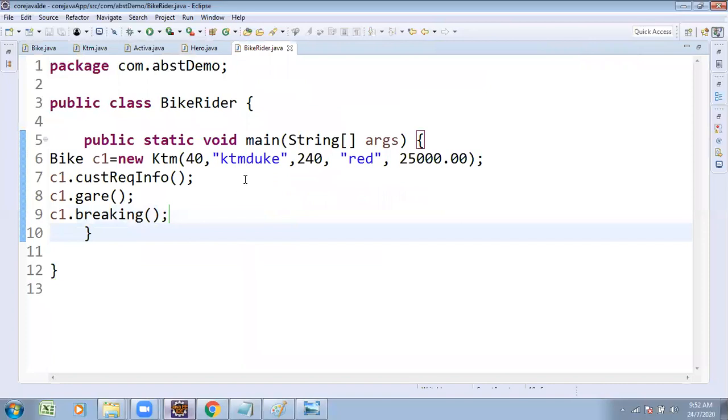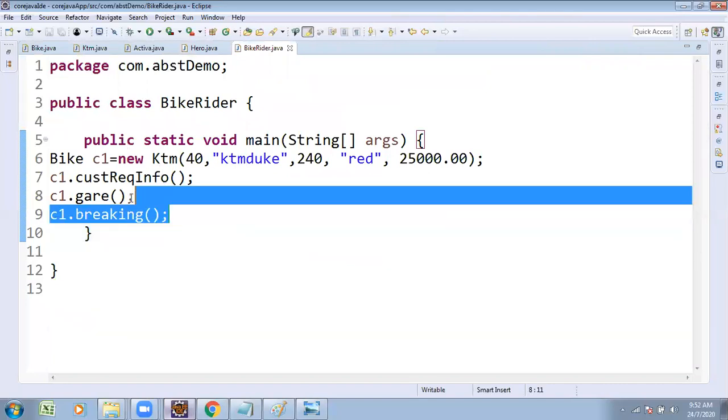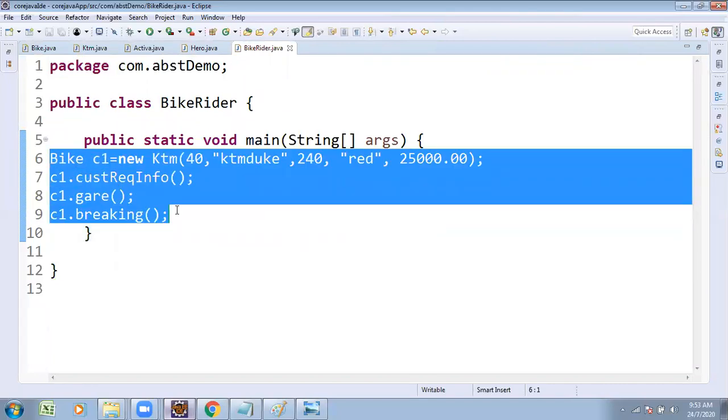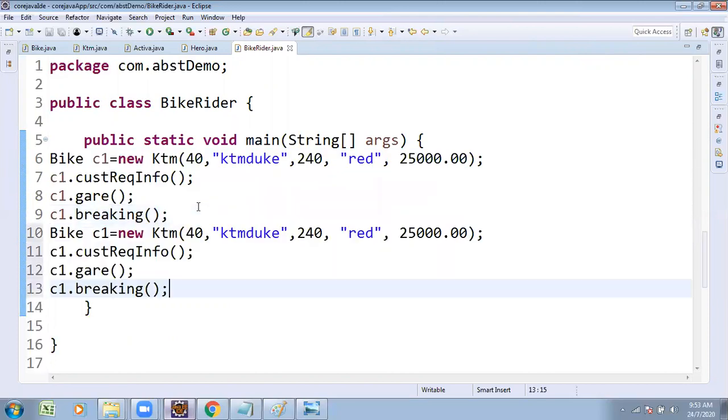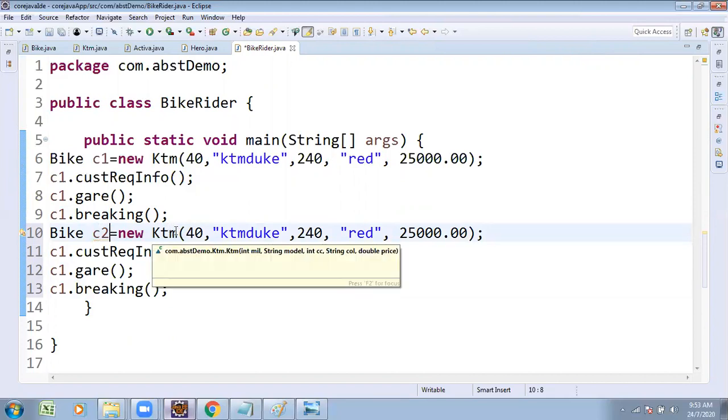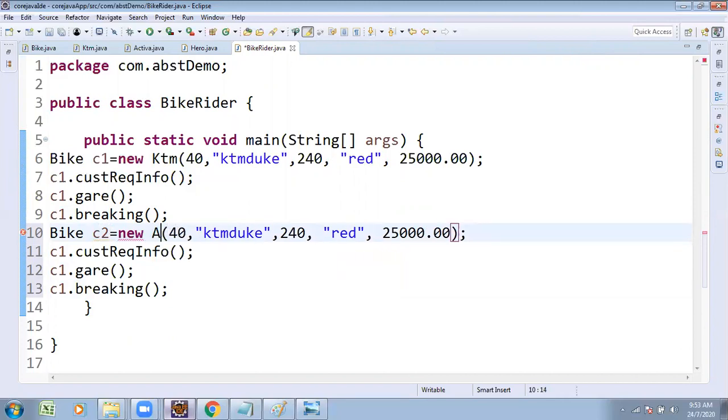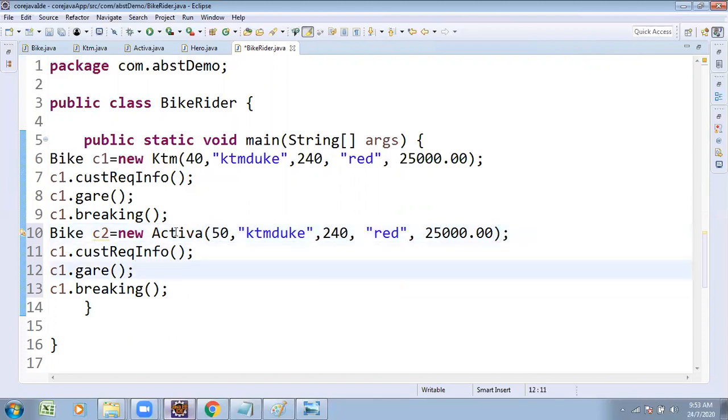Suppose, instead of that, first customer coming asking about KTM, second customer is coming. Customer c2 is equal to new Activa. So Activa customer expected mileage is 50 mileage. Expected model of that bike is Activa 6G or 5G. Activa 5G bike, expected 140 cc bike.